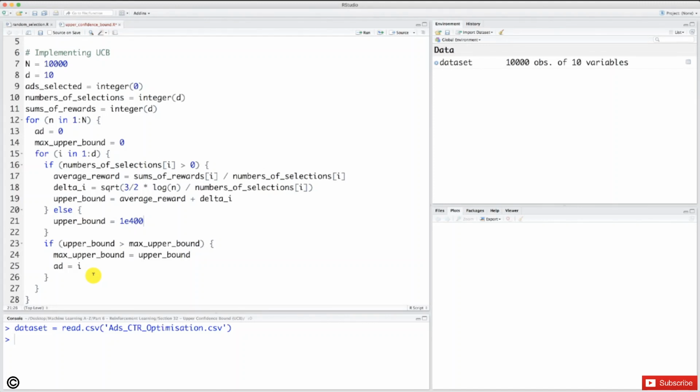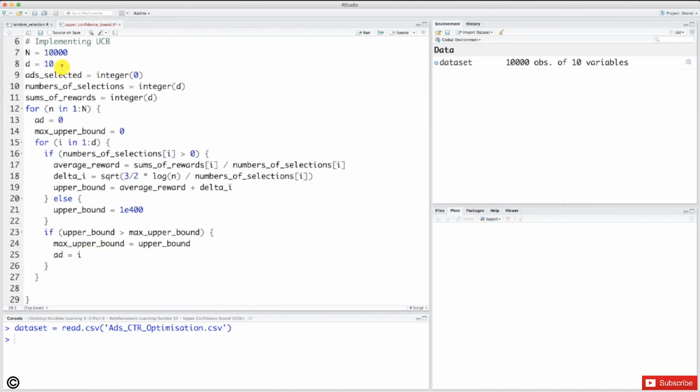Alright, so the first 10 rounds select the 10 ads, and then after round 10, we use this strategy to select the ads. Alright, so now the only thing that we need to do is to append the selected ad here in this ads selected vector here, and that's exactly what we'll do now. So let's do it. We just need to get out of the for i loop because we're done with this loop. We did exactly what we had to do, that is to select the right ad, and now we need to get out of this for i loop,